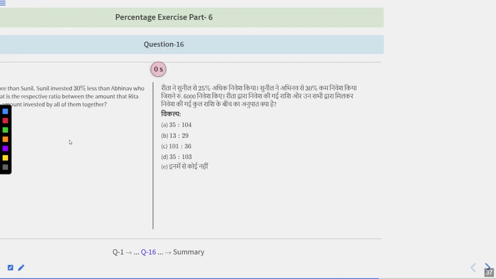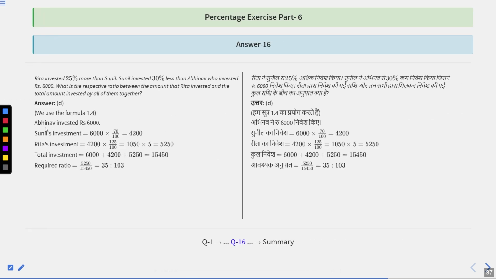Time's up. Let's see the solution. Abhinav invested 6,000. According to that, Sunil invested 70%, 30% less, so it will be 4,200. Rita invested 25% more, so 4,200 multiplied by 125 by 100, which becomes 5,250. Now the total investment will be 6,000 plus 4,200 plus 5,250, which is